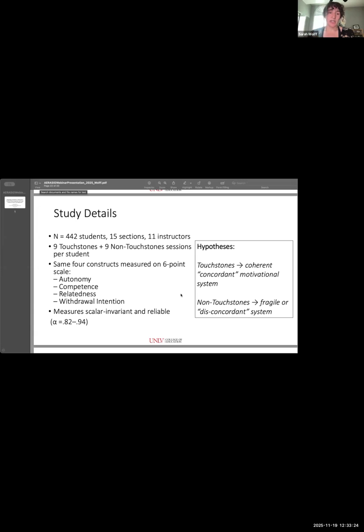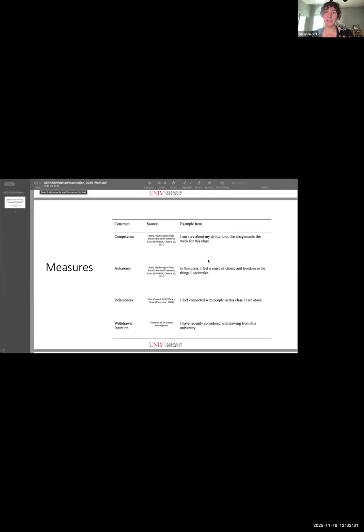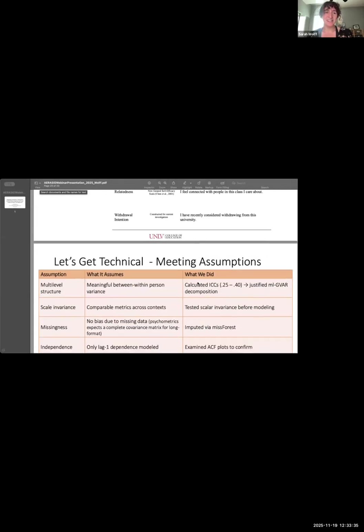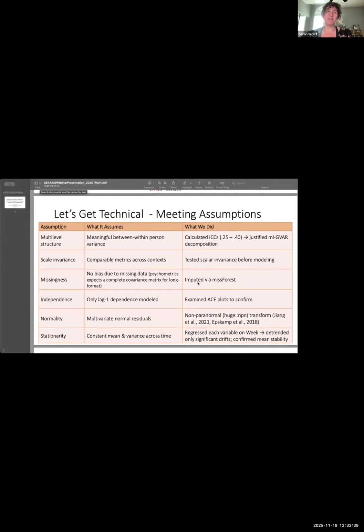We established scalar invariance and reliability for all of the constructs before we move forward. This is just an example of some of these items. I'm just going to speed past this. You'll have a copy of this, but let's get a little technical on what we did to meet our assumptions